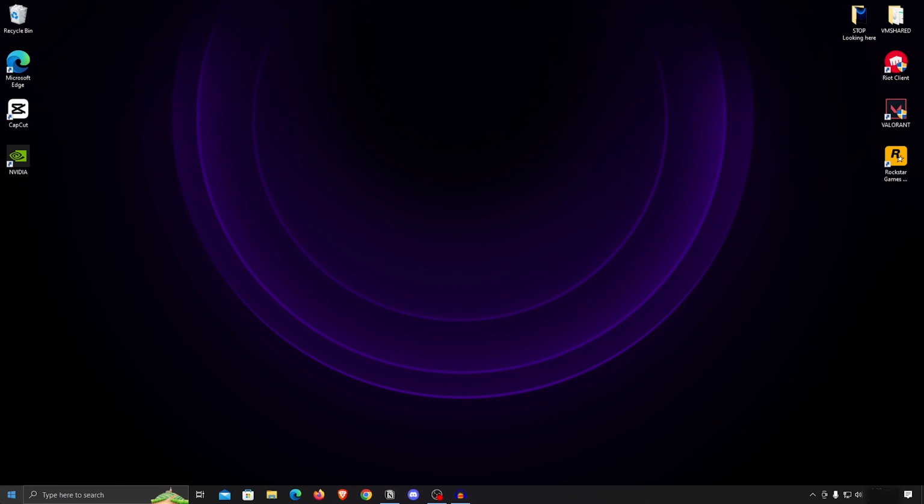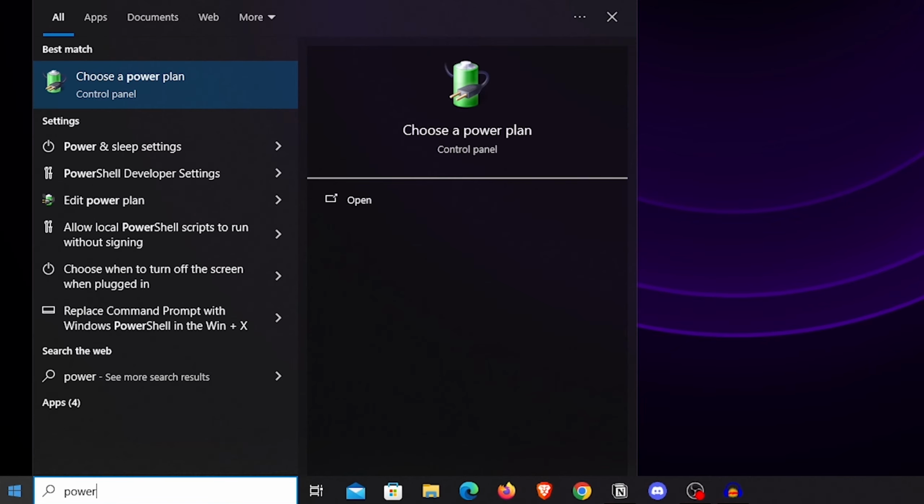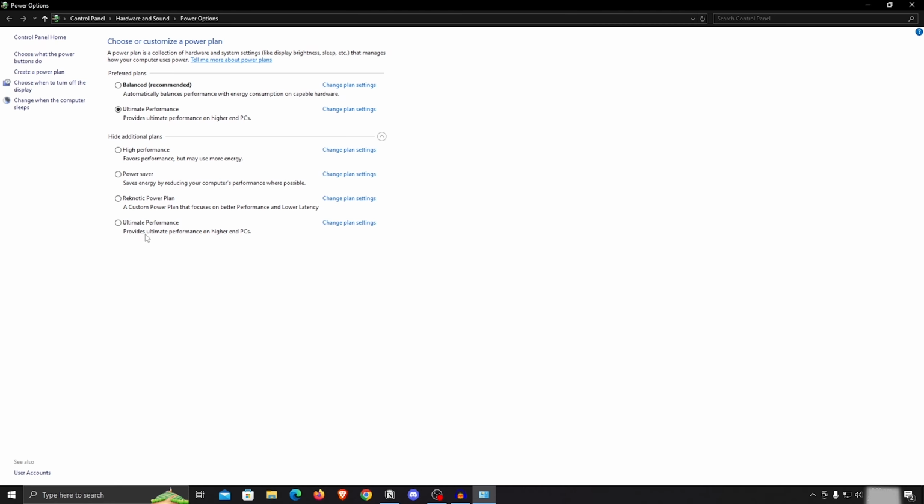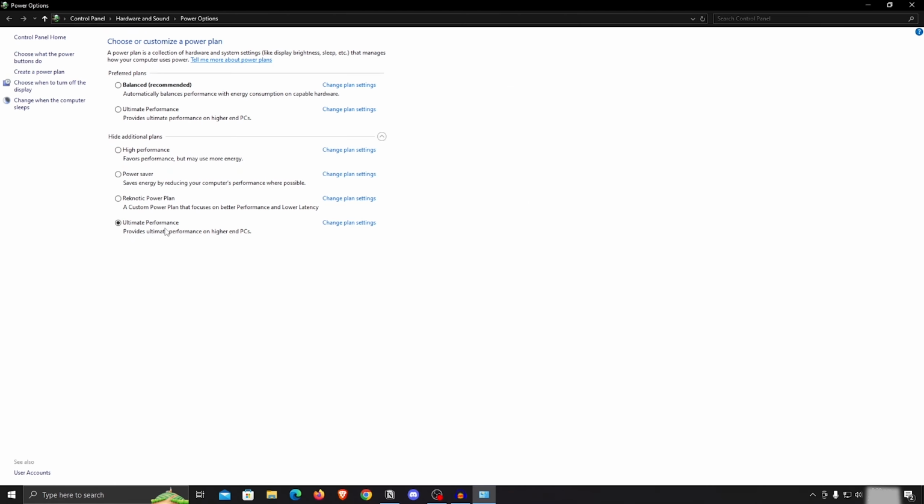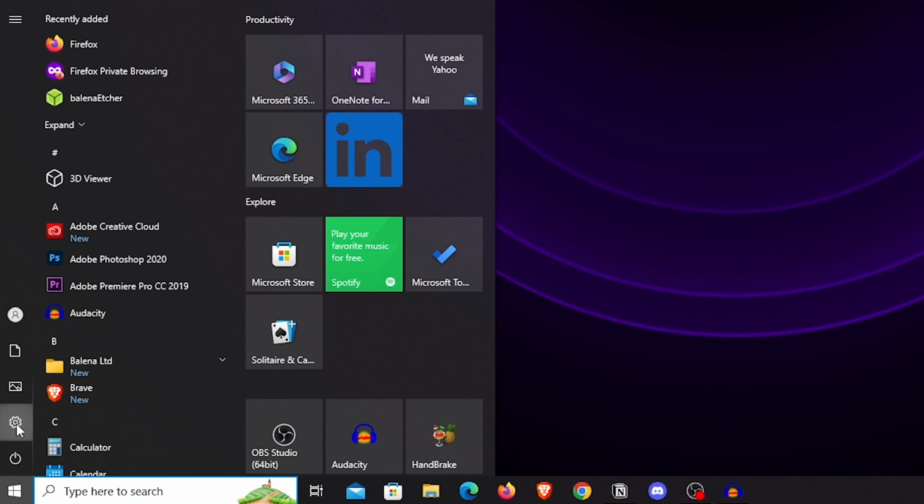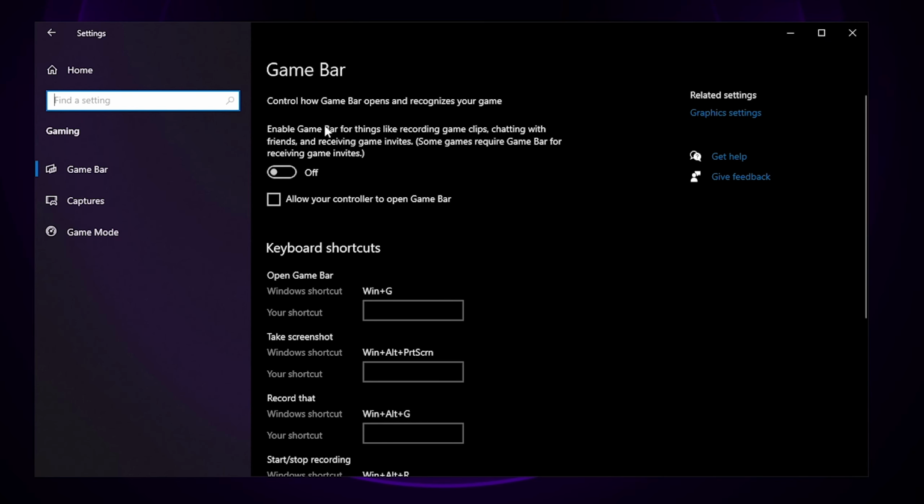To apply it, go down to the start menu and search for power. Then click on choose a power plan, and under the hide additional plans there should be the ultimate performance power plan. Just select it. Then go to the Windows settings, and inside of gaming make sure that the game bar